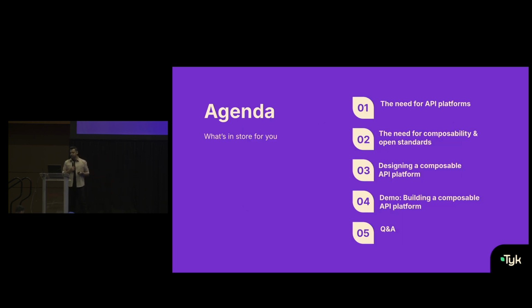Agenda for you, we're going to be starting off with a quick discussion about the need for API platforms, go into the need for composability specifically. It's something that's been coming up quite regularly, and we want to touch upon the need, the value that it brings for the API world today. We'll look at how you can go about designing a composable API platform, some of the key metrics, key areas to focus on, how you prioritize things, and some of the key capabilities of an API platform as you go along as well. And then finally, the big main event of today is going to be the demo where Zaid is going to be showing how to build that composable API platform for you. So hopefully, we'll get some questions at the end of it as well. Hopefully, we'll get some time for that too. But that is pretty much what's on the docket.